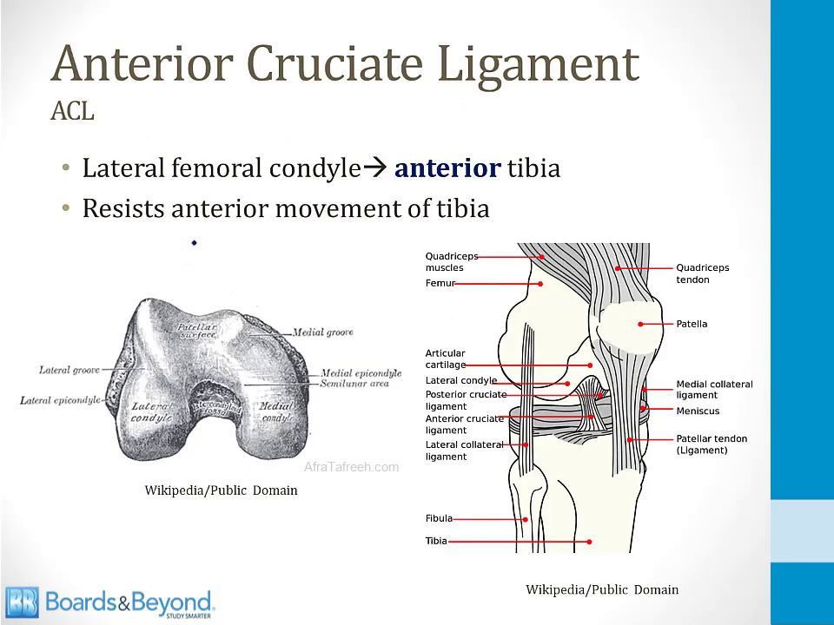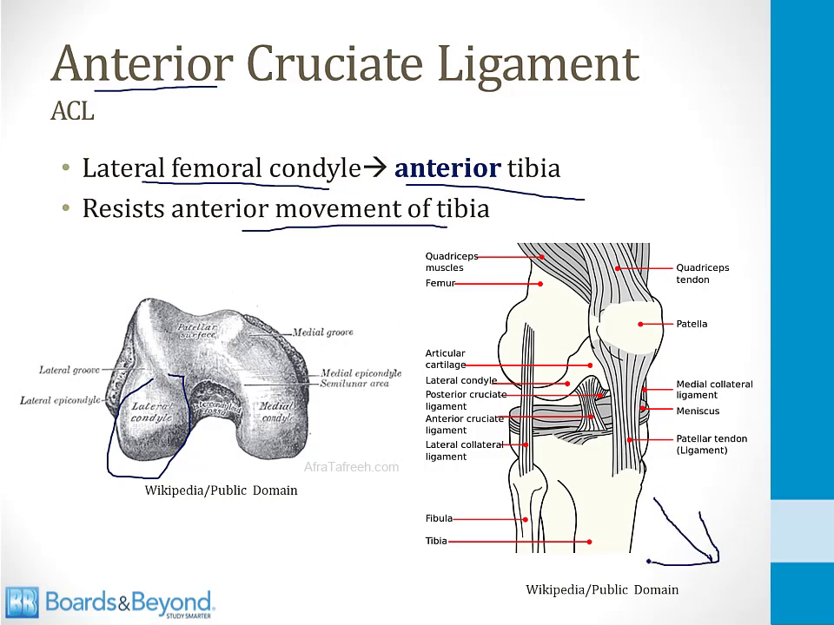The anterior cruciate ligament gets its name because it runs from the lateral femoral condyle, shown here in this picture, to the anterior tibia. That's why it's called the anterior cruciate ligament. And the job of this ligament in the knee joint is to resist anterior movement of the tibia. If you try to pull the tibia forward in the lower leg, that movement is resisted by the anterior cruciate